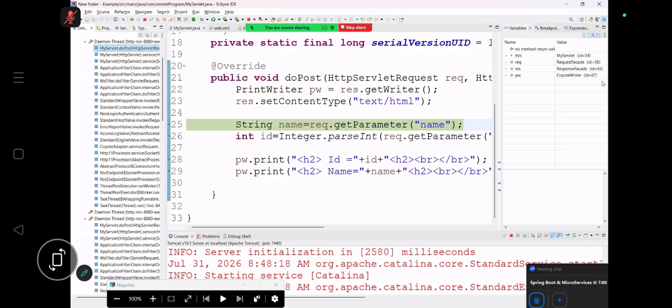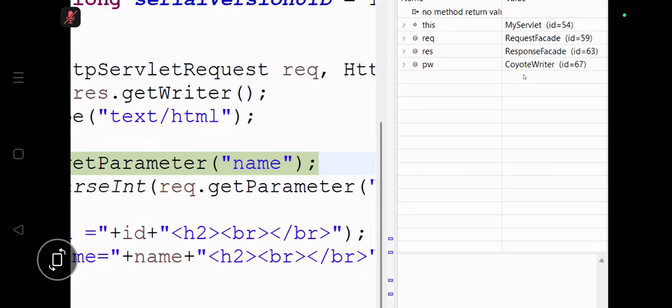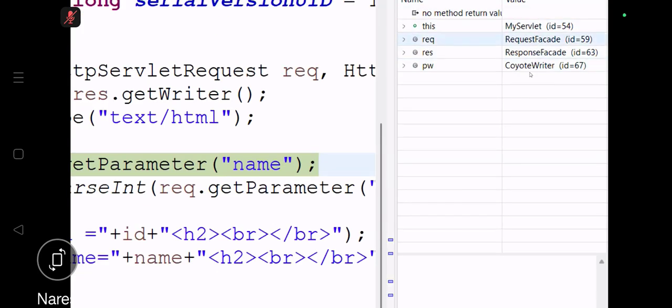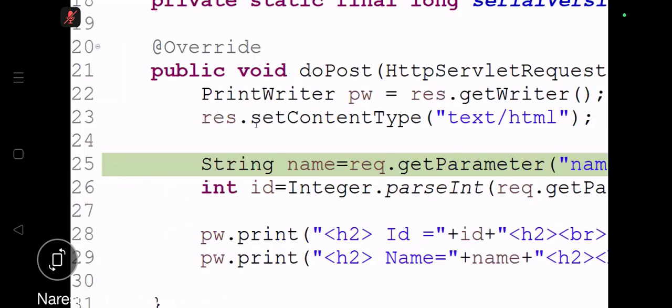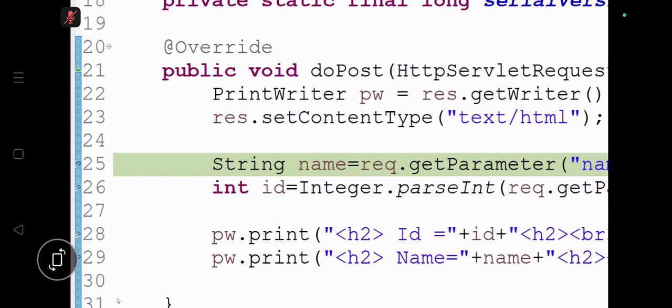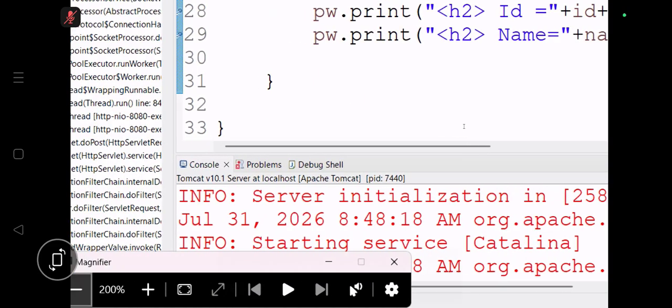See guys, see this place. Before starting the application, request, response and print writer will be copied or not? These all things are copied or not? Yes. Now we are in this place. Now tell me how to go back. I mean to say, how to go to the next step. Function